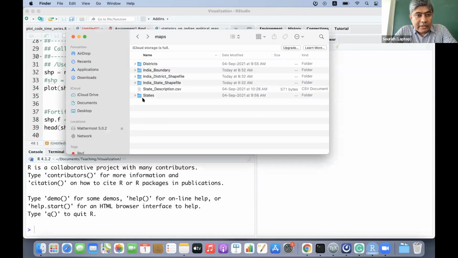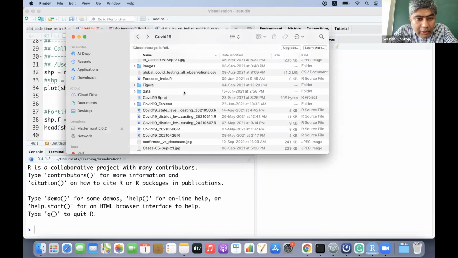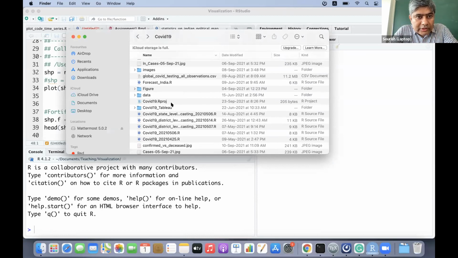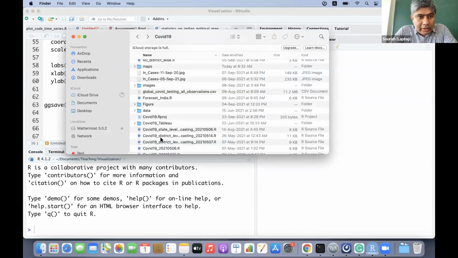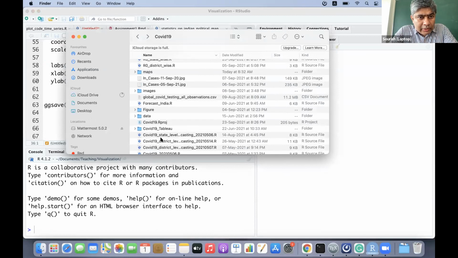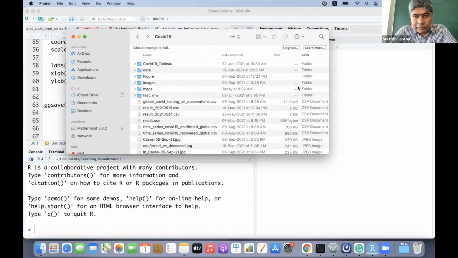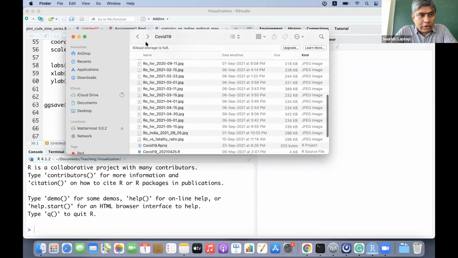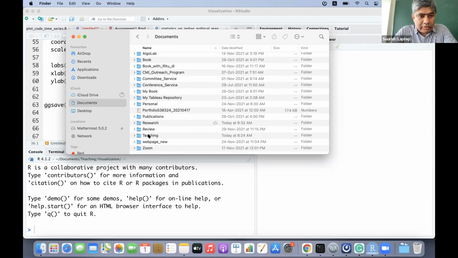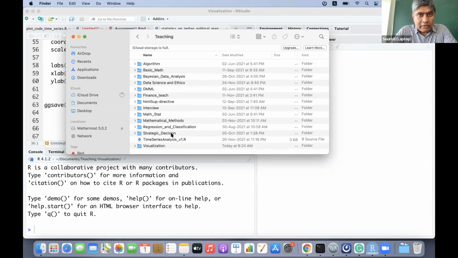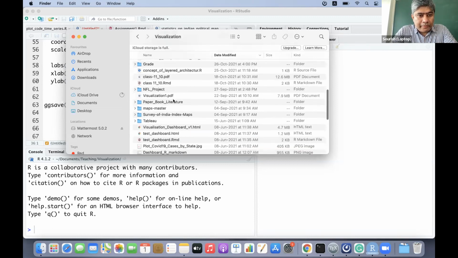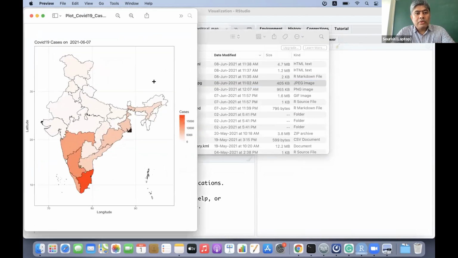Our objective is to create a plot of COVID-19 cases on 7th of June 2021.